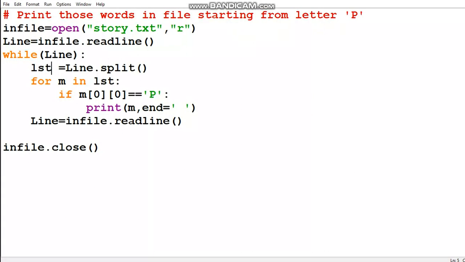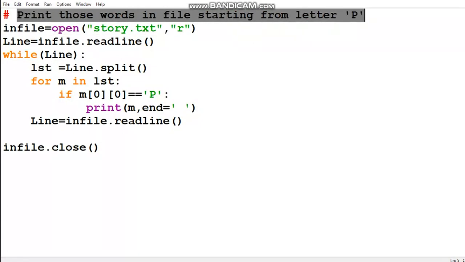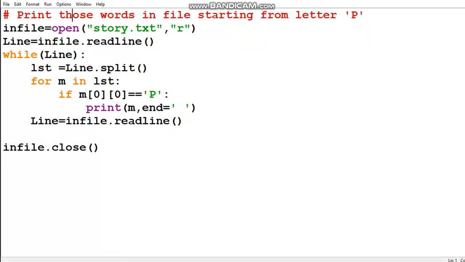Suppose this is the example: print those words separately on space. If I apply the split function on this, the words will be separated. After splitting, it returns the result in the form of a list, not a string. So print will be at the 0th index, then first, second, third, fourth, fifth, and so on.